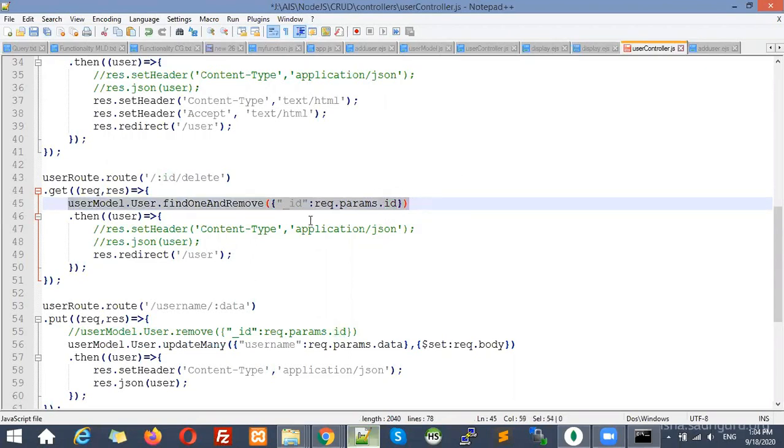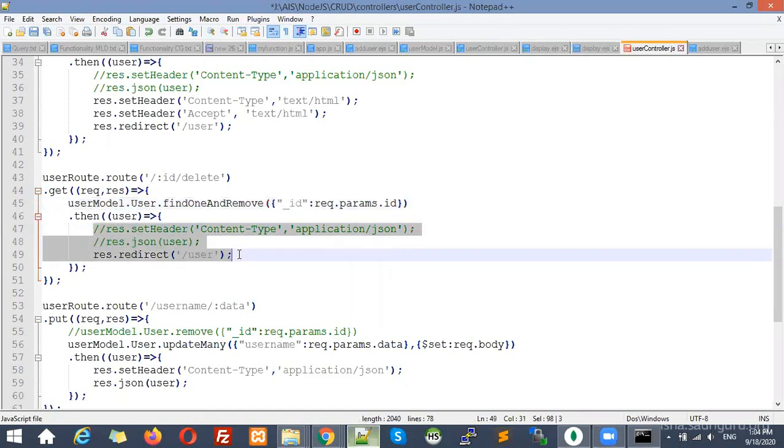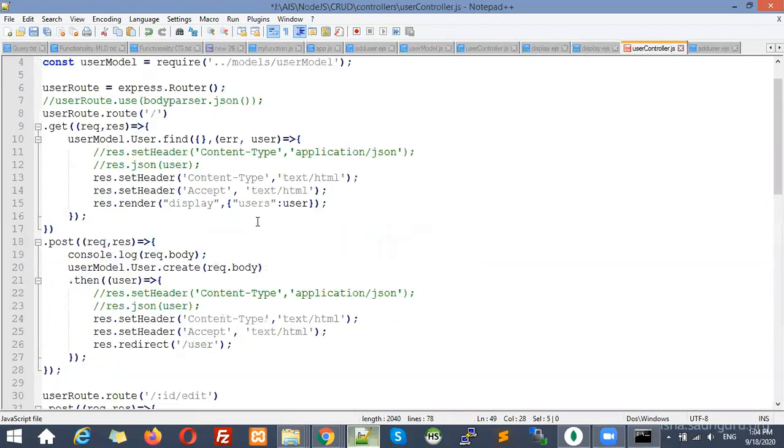This will remove the record, but then we are going to redirect the user to the display page. So response.redirect. This method we can use, but this router should be there. Here we are using slash router, but which method is slash router going to call? This is just a get method, and it is going to redirect to the display page with data.